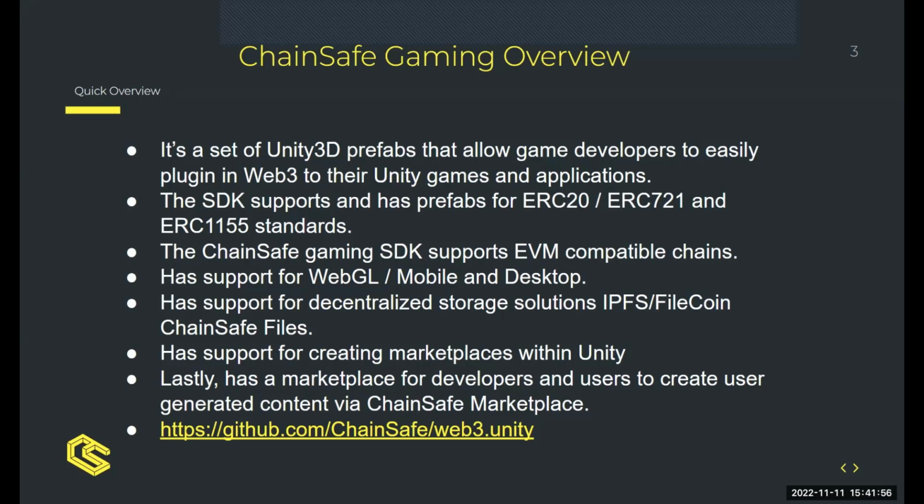Out of the box, the gaming SDK supports EVM compatible chains. The rule of thumb is that if you can connect MetaMask to the chain that you want to work with, it's functionally going to work with the SDK. And it has support for IPFS, Filecoin, and we have a product at ChainSafe called ChainSafe Files,